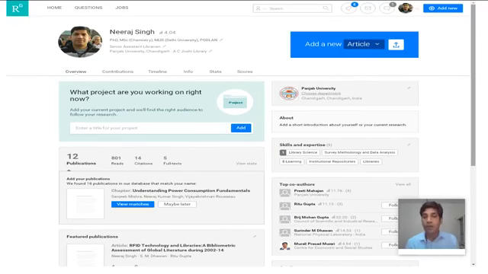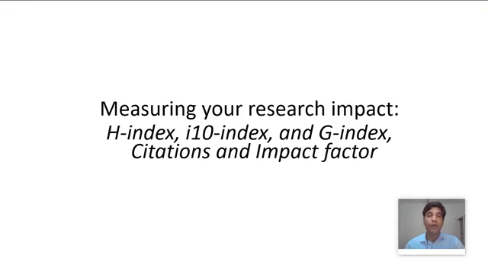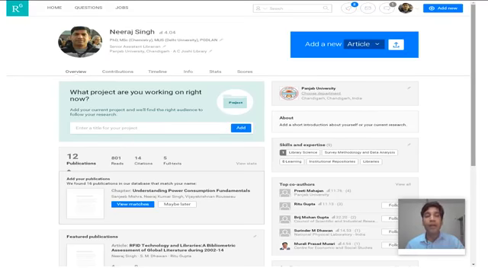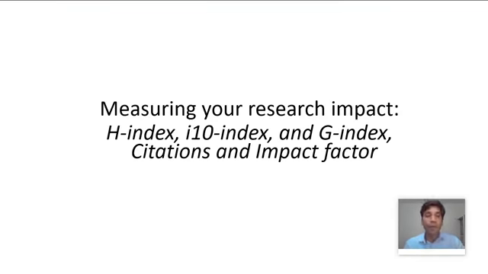There are many platforms available. ResearchGate is one of the best professional networks for scientists and researchers, and over 17 million members from all over the world use it to share, discover and discuss their research. So you can use this platform for promoting and sharing your research paper, and there are many other professional platforms that also help you promote it. Once you have published and promoted your research paper, the next step is how you measure the research impact of your published paper.